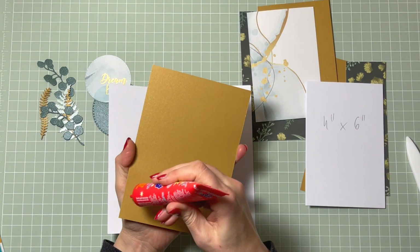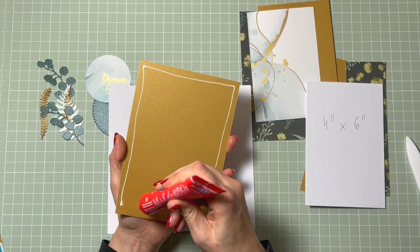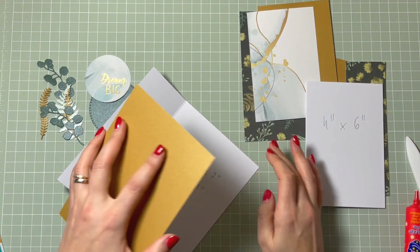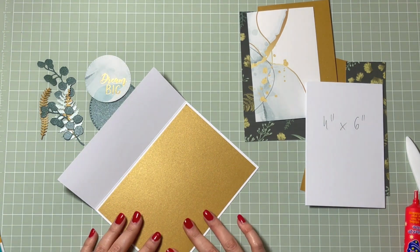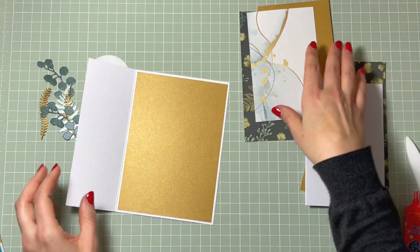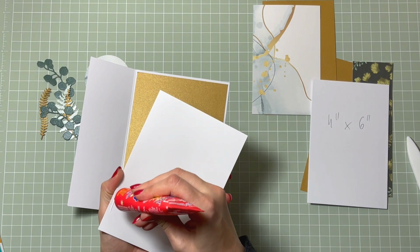So every single layer is smaller by 5 mm. That's how I do my cards, and if you want to do a smaller or bigger margin, it's all up to you, but that's how I do it, and I think most of the people do exactly the same. So as you can see, I prepared all the elements, and I think in a minute I will show you